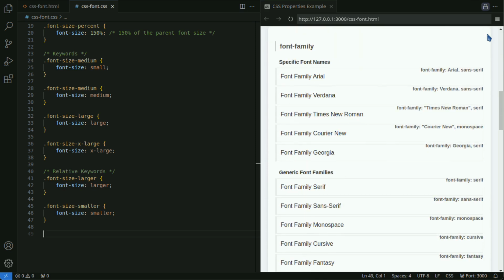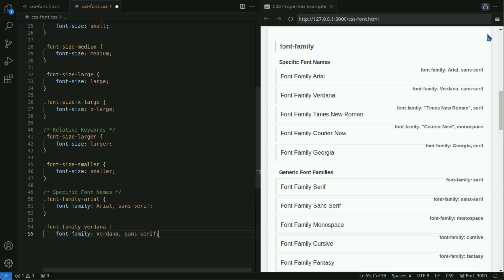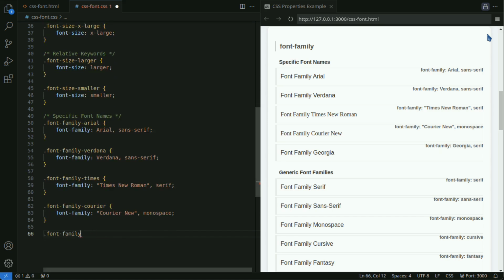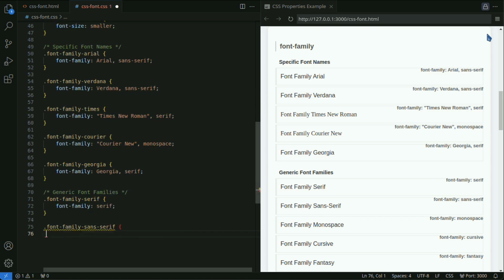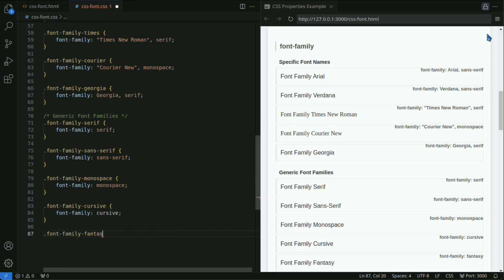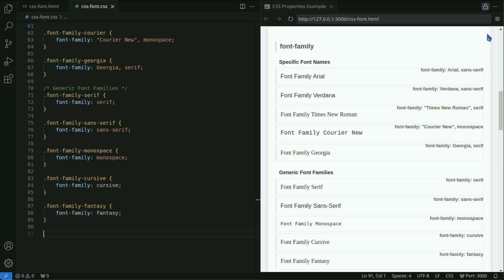Next, let's look at the font family property. The font family property can primarily specify the following two types of values. Specific font names. Specify the name of a particular font.